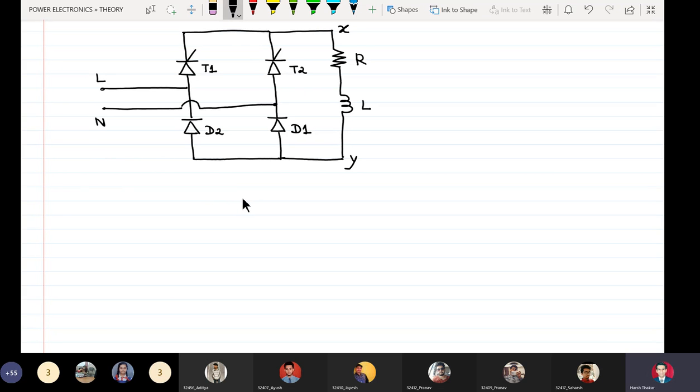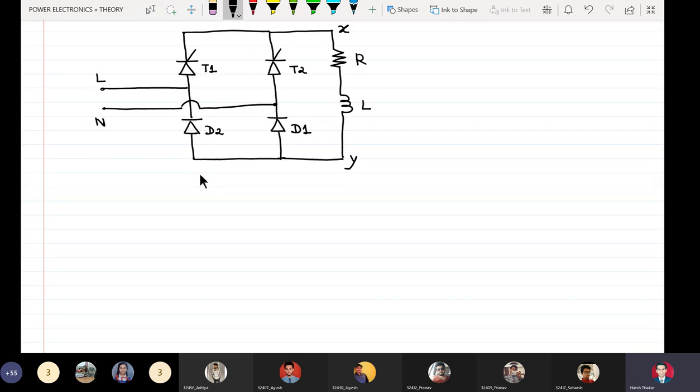So I'll be writing a few points, giving some narration, and also drawing waveforms wherever required. As you know, in converter circuits, the input is single phase AC. It has a positive half cycle going from omega t greater than or equal to 0 to omega t less than pi, and a negative half cycle going from omega t greater than pi to less than or equal to 2 pi radians. That is why we analyze the operation of any circuit which is driven by a single phase AC in at least two intervals. Case 1 is the PHC and case 2 is the NHC.